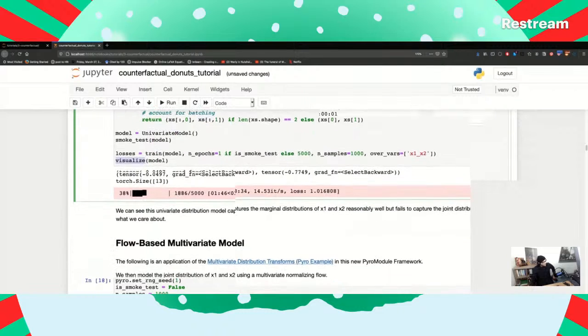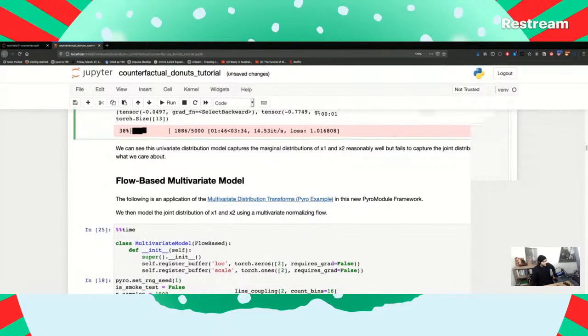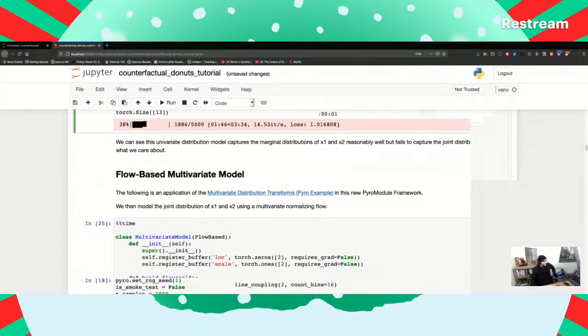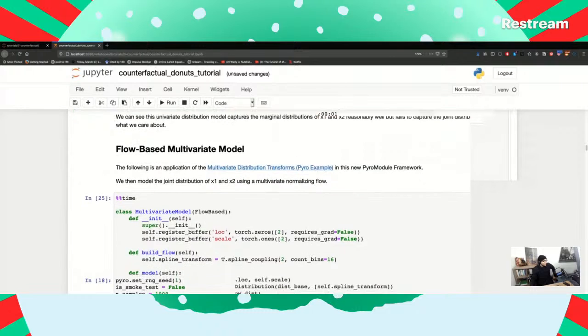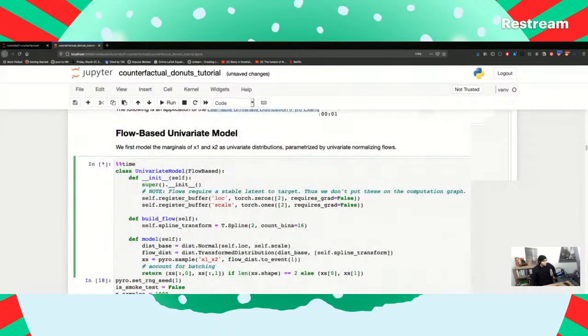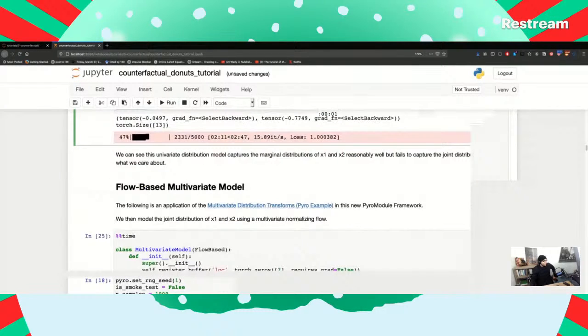Let's read on while this is working. So flow-based multivariate model. The following is an application of the multivariate distribution transforms Pyro example. So we got one univariate model, and we got a multivariate model here.